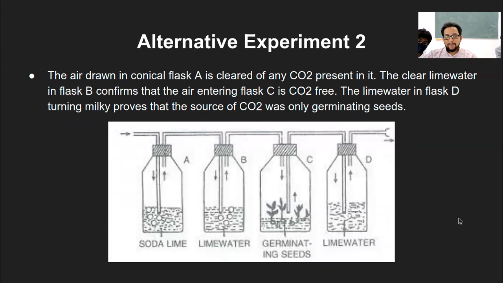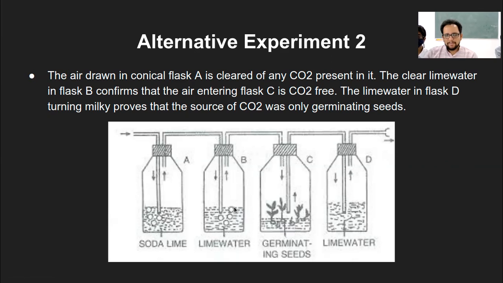Now, an alternative to the earlier experiment, experiment 2, where we need to check that carbon dioxide is respired or given out by the plant. If you look in this arrow direction, this is the starting point, this is the end point. Air is drawn by suction from this flask. Air will be pulled into the soda lime water, all the carbon dioxide from that air will react, and the rest of the air minus carbon dioxide will flow through this tube into the flask.